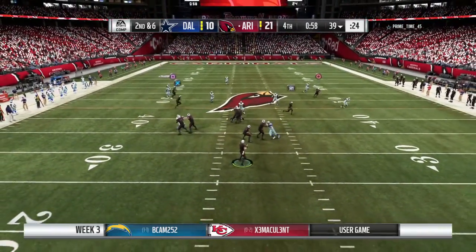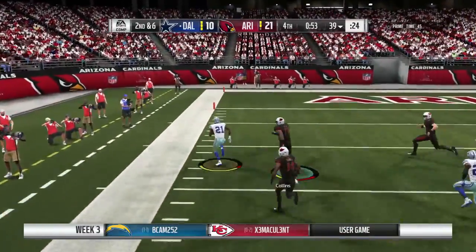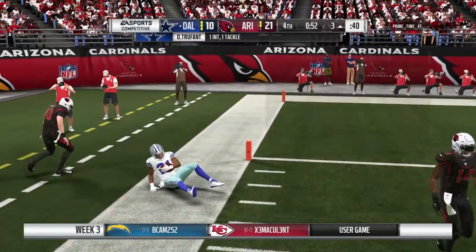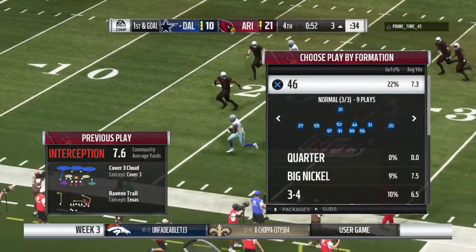Looky here, Trubisky wants to throw it. And intercepted. Maybe the turning point they need. It's Desmond Trufant. He had his eyes on the end zone. He got close. At least he set the offense up nicely, but he's probably mad he didn't take that one